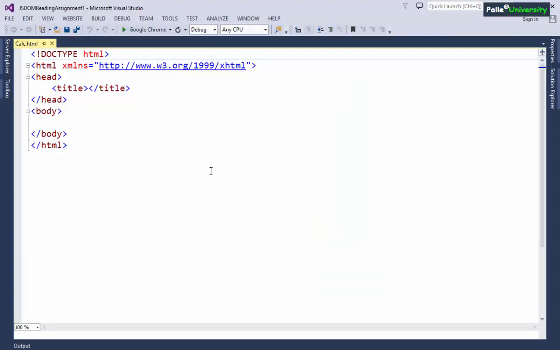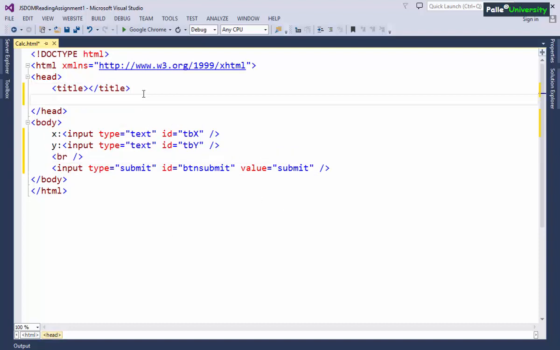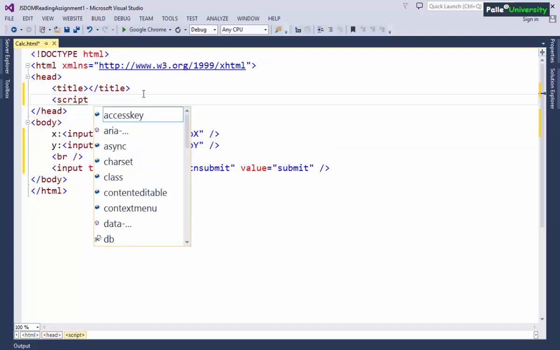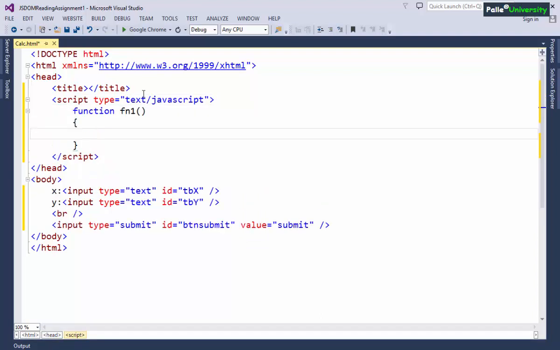After creating the new page, I will create the new text boxes, something like this. After creating the text boxes and button control like this, now we need to write the JavaScript code. Inside the header portion, I must write something like this: script type text/javascript, function fn1, and from the onClick event must call the fn1 function.